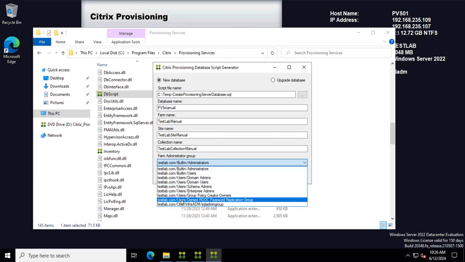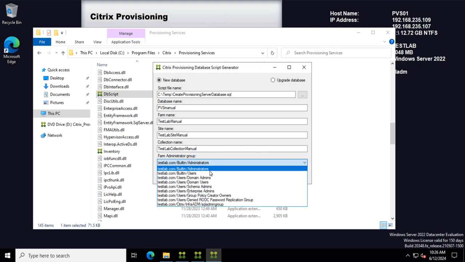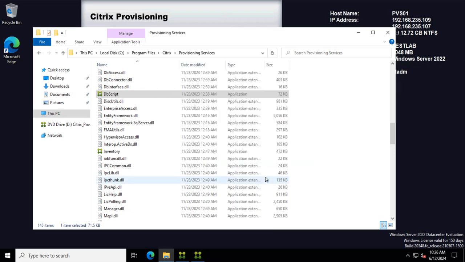You will not see your group if, for example, you have a different group, it only shows some groups, but this can be changed later, so you can go with, I don't know, built-in administrator, it doesn't matter, or built-in users, because you will come back when it's done and change this, and you click OK,